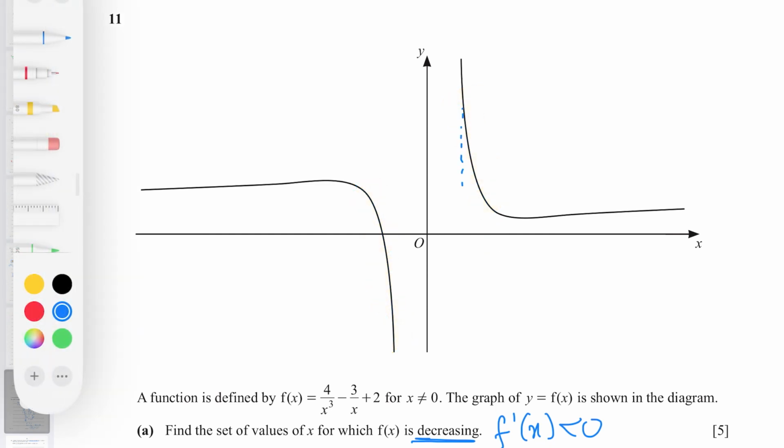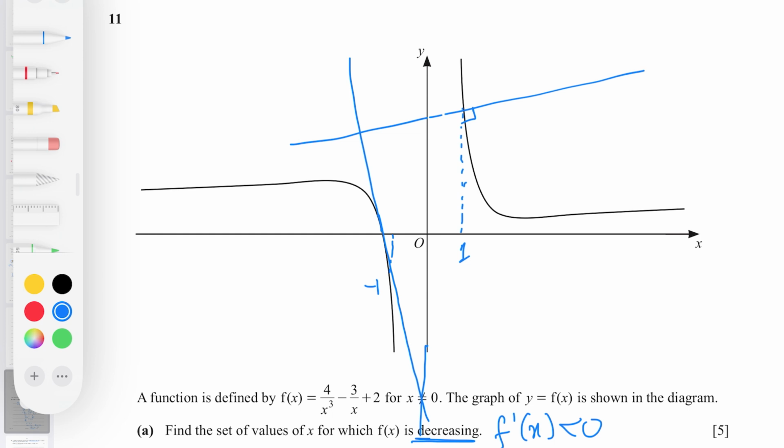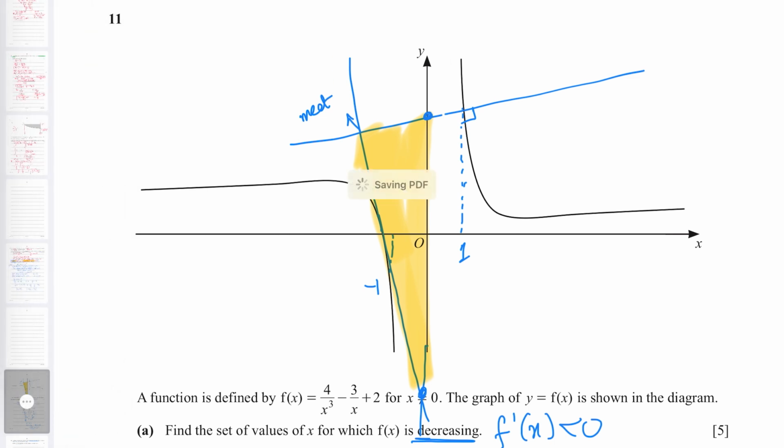When x is 1 is going to be roughly here. Normal is going to be something like this. Okay, tangent x equals minus 1 is going to be somewhere here maybe. So this is the triangle which is forming here, and we have to find out the area of this triangle. So to find out the area of this triangle, we first need to find out the equation of the normal, the equation of the tangent. We find out where this normal and the tangent cut the y-axis and where they meet. So let's work on that first and then come back to the diagram.